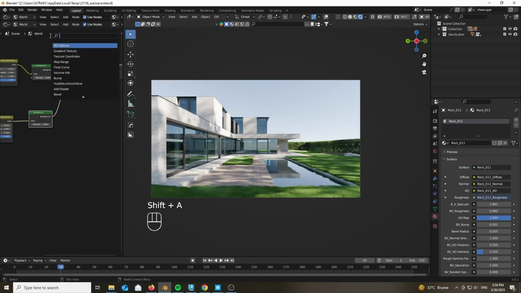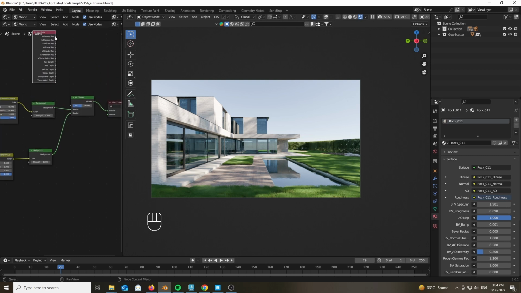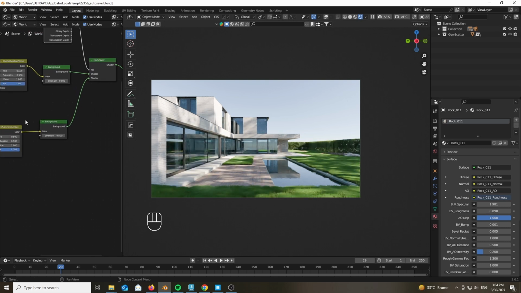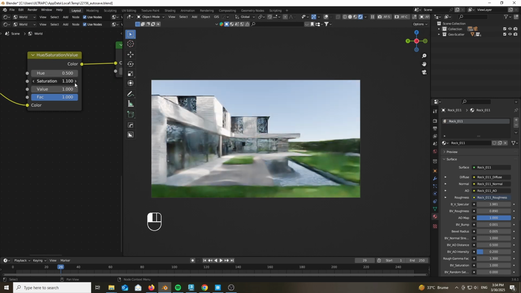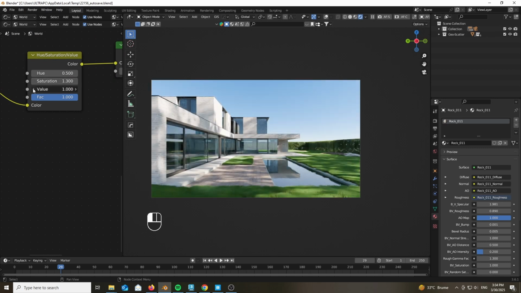And add a light path node. After adding the light path node, you want to plug the is-camera ray inside of the mix factor of the mix shader. Now I want to up the saturation so I have a much bluer sky, maybe lower the value,